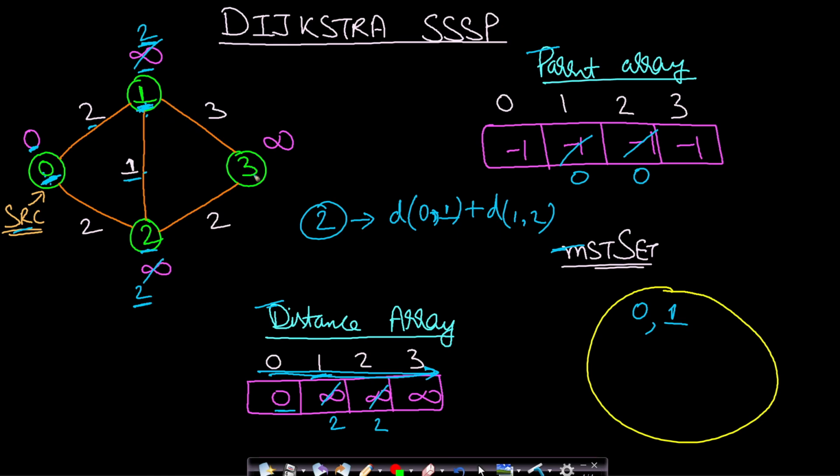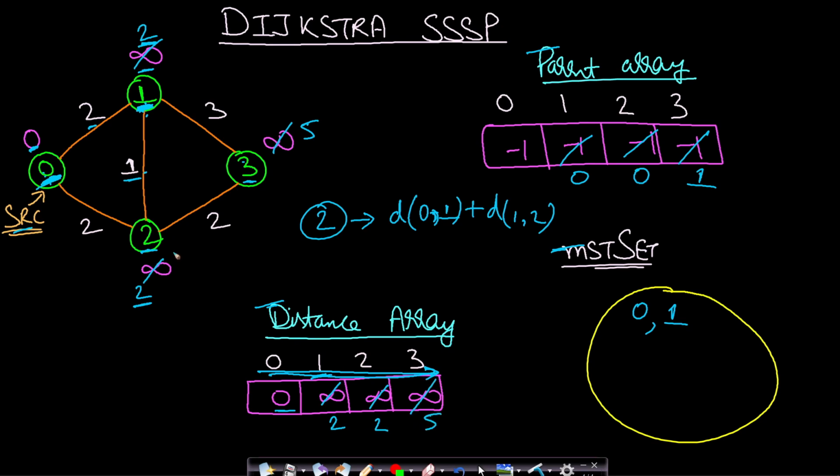Similarly, in order to reach this 3 via this 1 starting from the source node, it will be the distance to reach this 1, that means the minimum distance to reach this 1, plus the edge weight 1 to 3, which will be equal to 2 plus 3, which will be 5. So we will replace it here with 5, and since this got updated, the parent of 3 will be 1. Okay, now this is done. All the outgoing edges have been relaxed, so let's update the distance array. So for 2 it is 2, and for 3 it is 5.